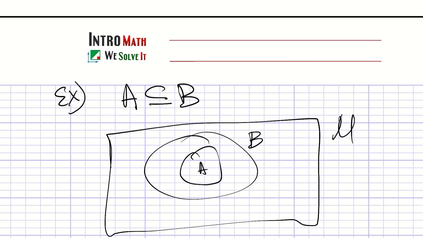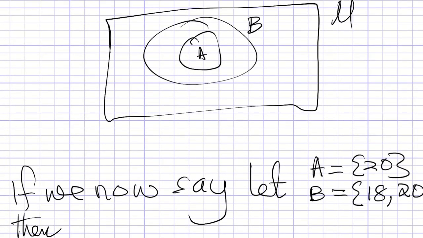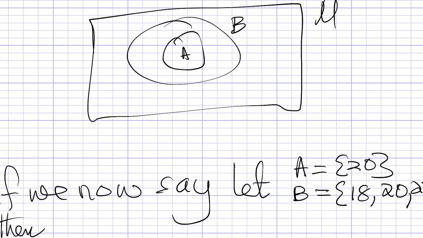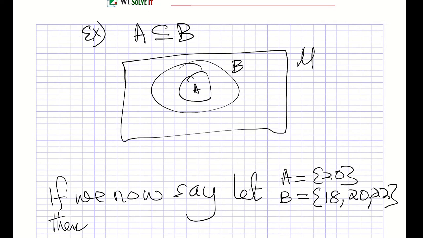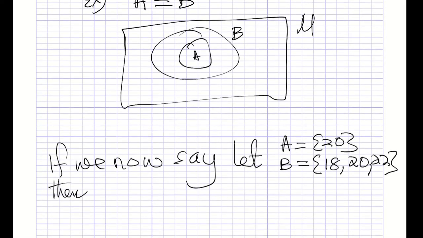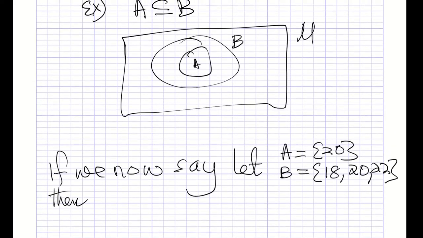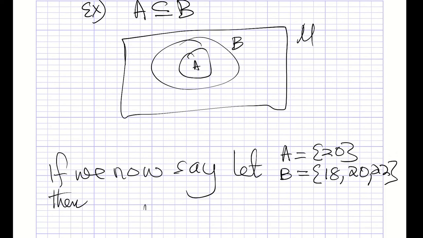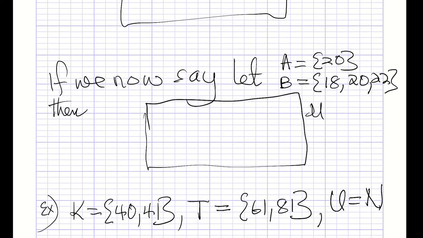Now, I think, given that situation, if we will not say, let A be just a set, let B be that set, right? Let me see, I have to get it in here, that way you can see it. Let A be that set, let B be that set, right? Then we'll do another representation right here. This is the universal set, right? Sorry, I think I'm calling this up. This is the universal set, and then